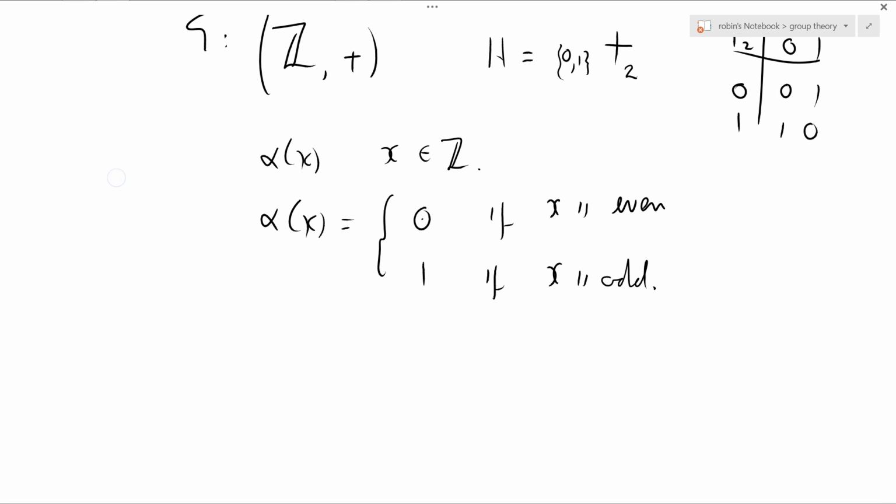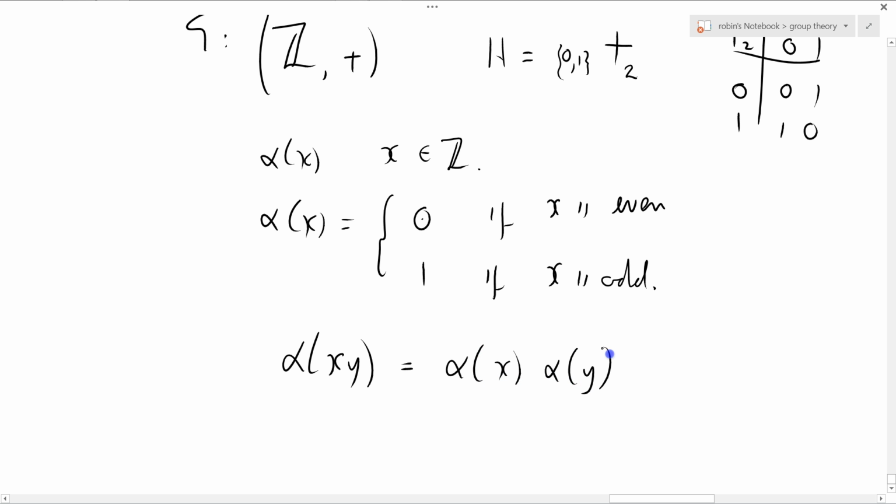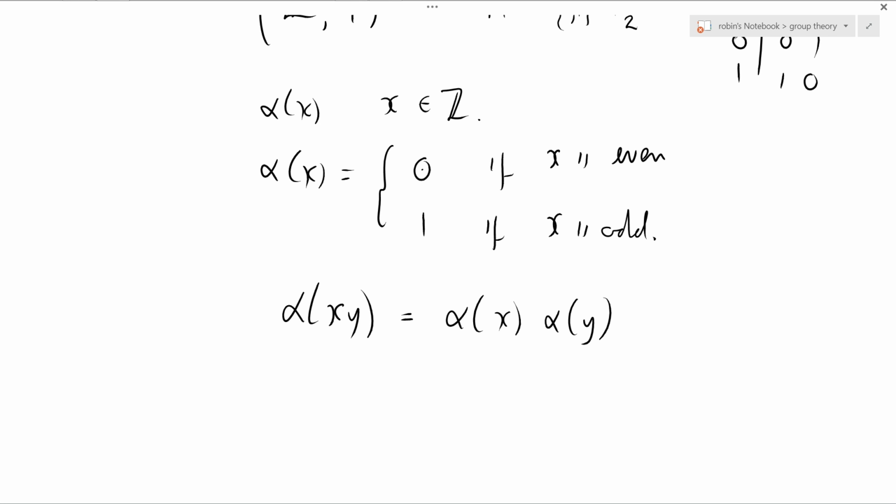So we better check that it is a homomorphism. How do we check that? Well, we write out the definition. When I'm thinking about checking something is a homomorphism, I just write out the definition of a homomorphism, and then I think, can I do those things? Well, that's what the textbook definition says, but what it means is this: